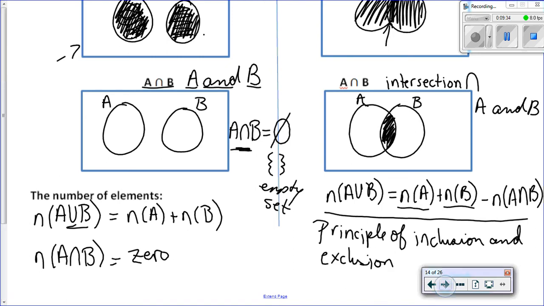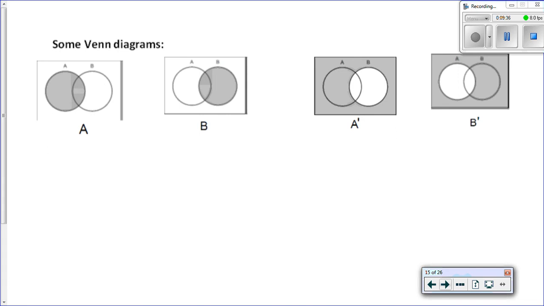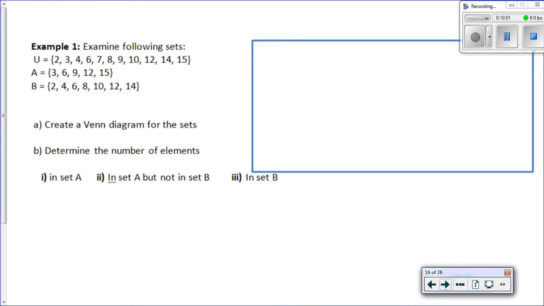All right, so I've got some Venn diagrams here showing just set A, just set B. Over here, the complement of A. Remember that the apostrophe means the complement of A. Let's ignore those. I feel like there might be an error there. I'll come back to that later and move on to this example, which